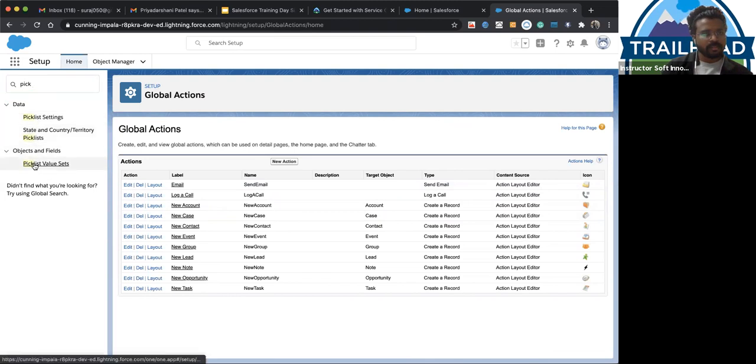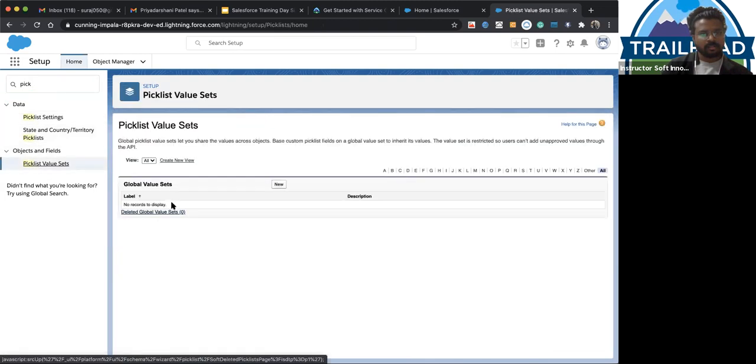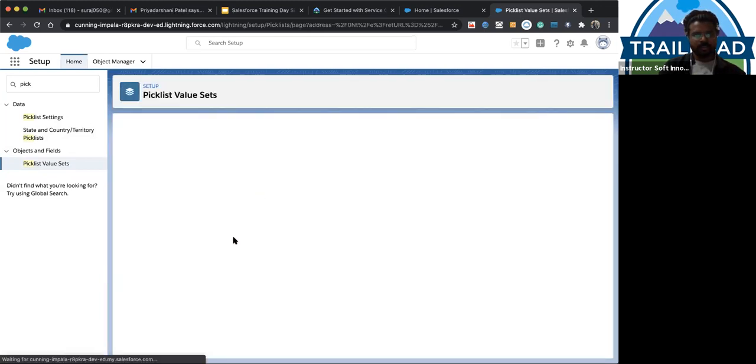You have to search for the pick list value set, and here you define the global value set for the global pick list.